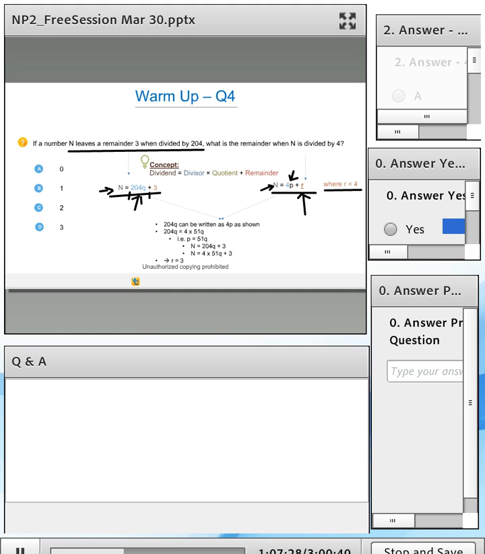Now, how many of you understand this method here? I'm not taking any numbers. I'm simply taking the concept and I'm simply applying the equation over here. For those of you who don't understand that, I would really request you to put your question in the Q&A pod, because this is really the simplistic form of things that we're going to discuss in this session. Or maybe I want to make sure that I address your questions here. So put your questions in the Q&A pod. What did you not understand?